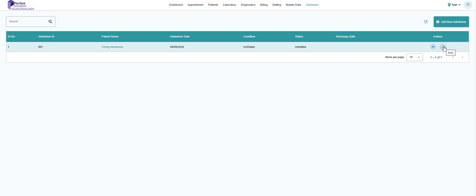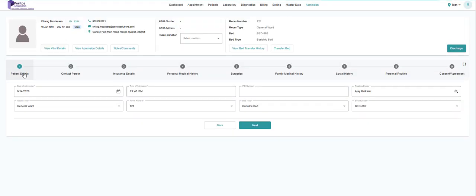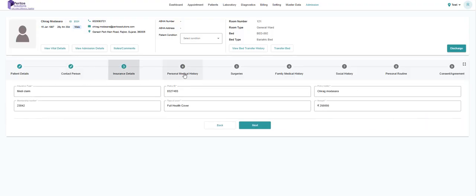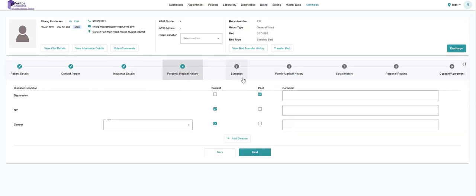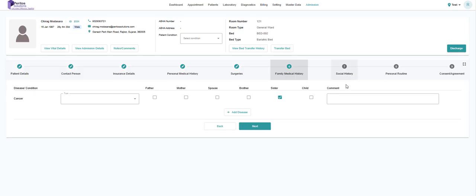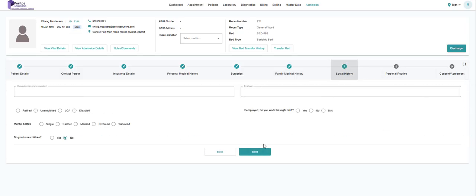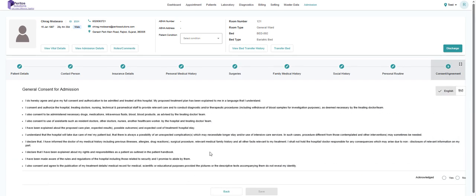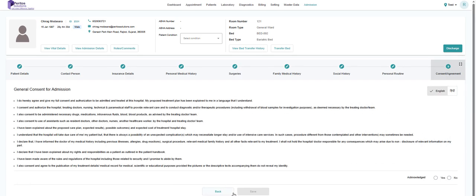of admission. So when the patient joins in, you'll take an intake form with patient and contact person details, what are their insurance details, etc. What's the personal medical history for them, surgeries, family medical history, social history, and other routines, as well as consent agreement for admitting the patient. So once all this information is filled, and any comments that they want to add, then we'll go to the next one, which is